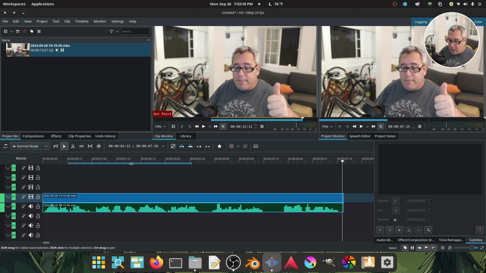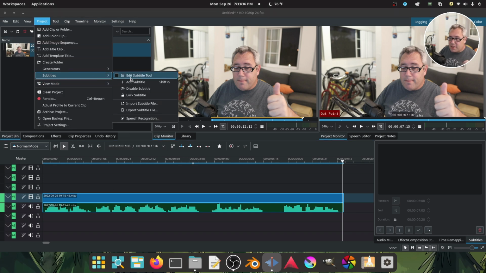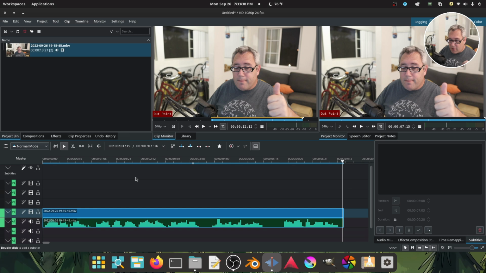Step one is you have your little selector here. This tool is used for lots of things in Kdenlive, including that you can pre-render a section if you have a complicated mat setup or whatever. But we can just stretch this out, and when we activate the subtitle timeline right here, this is where all